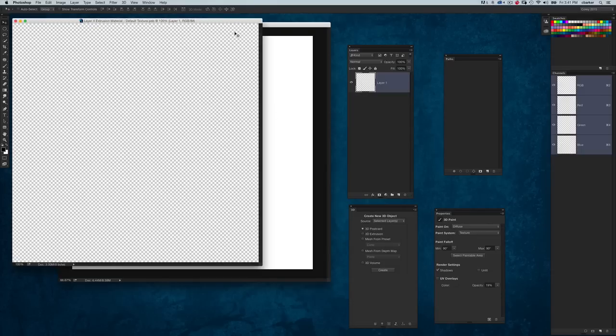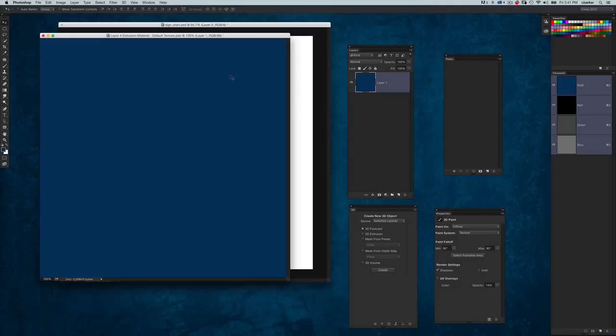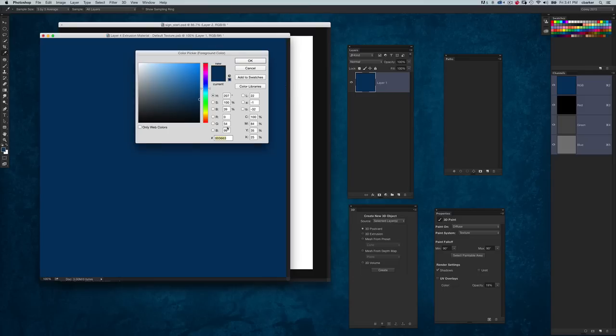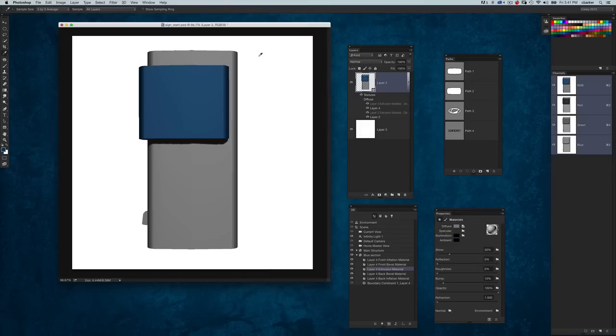Just go in there and under diffuse. And right now it has no color fill at all, and that's why it's got that simple gray fill on the extrusion. But I'm going to go ahead and use this blue color I've got here. It's actually one I've got saved in my swatches panel, but if you want to see what the color is actually made of, you can see the RGB numbers are right there to get this shade of blue on there. So I'm going to close that and save the changes,